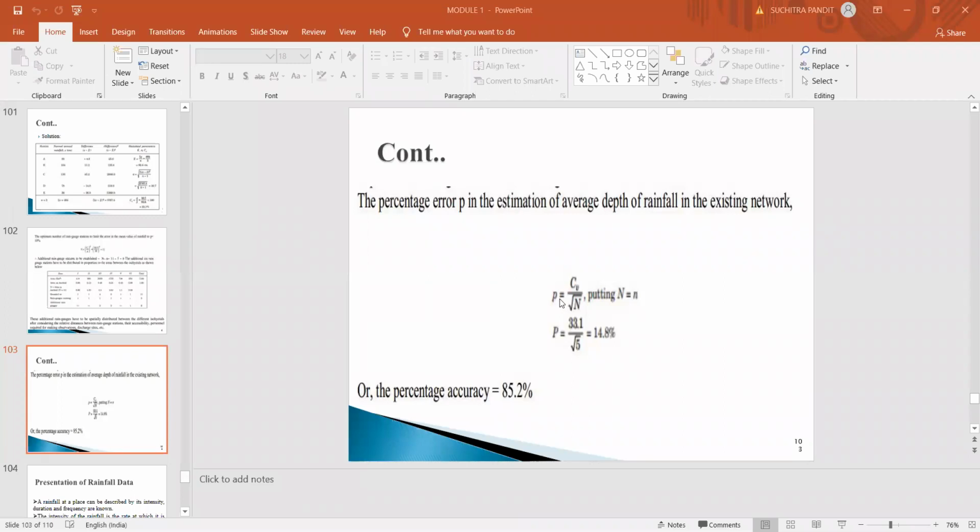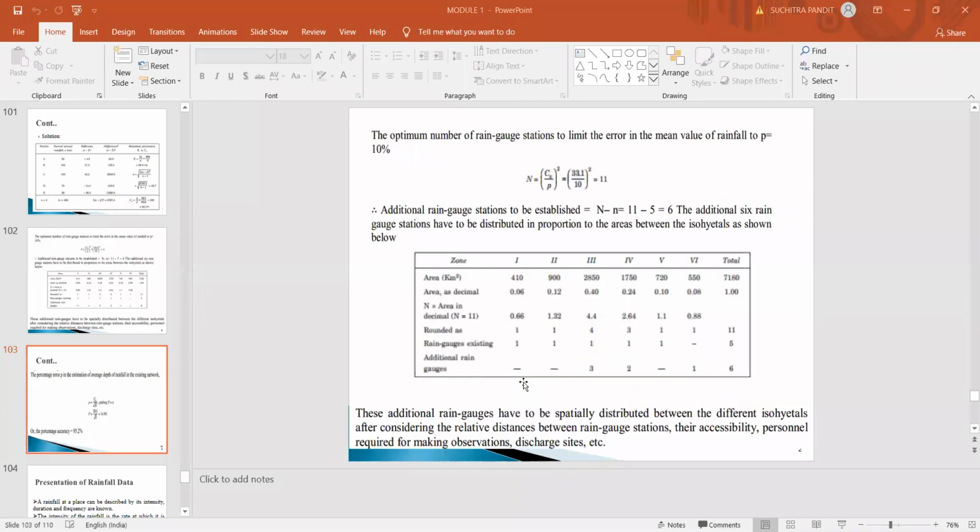So it can be given by the formula P, that is the percentage error you have to calculate. P is equal to CV divided by root of N. So here putting capital N is equal to small n, because we are calculating the percentage error with the existing network. So existing number of rain gauges is 5. So putting capital N is equal to n. So the existing percentage error with the existing rain gauge network is about 14.8%. That means the accuracy is around